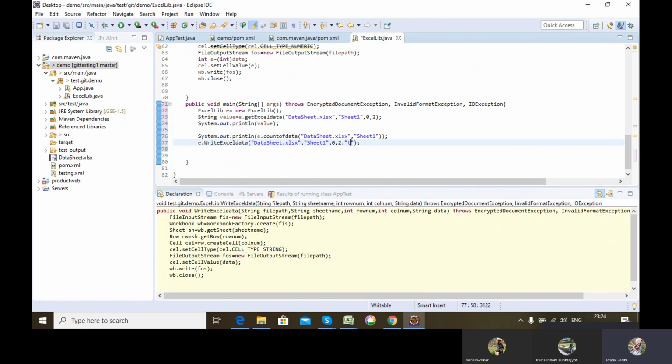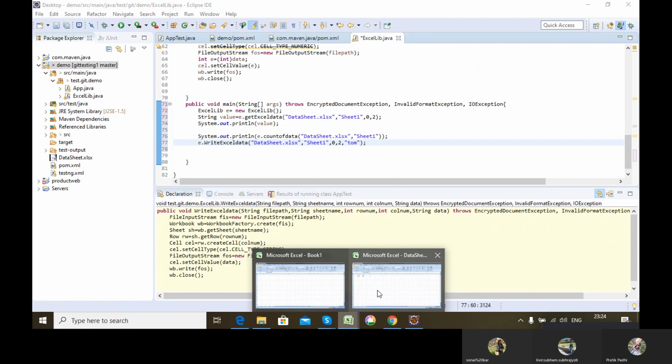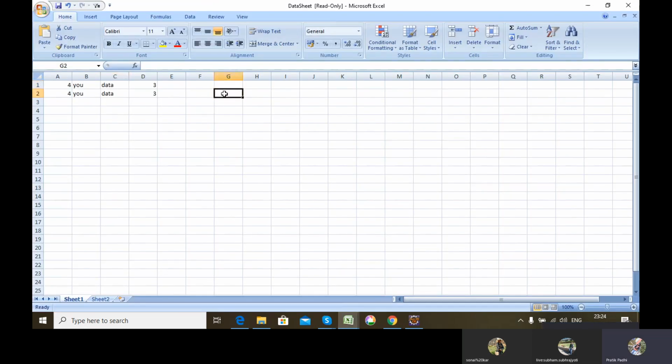Let's say, for example, Tom, and I want to write in this particular cell. So I will be giving row 1, and column 6, that is 1, 6.